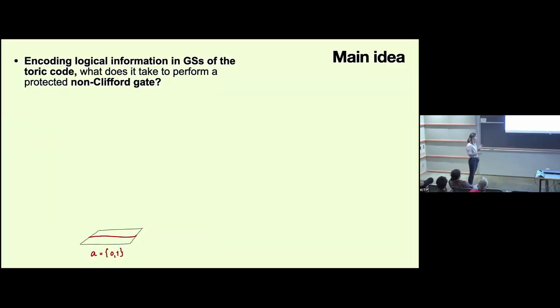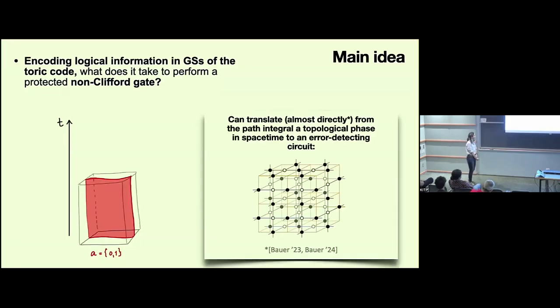So consider a 2-dimensional toric code with boundary conditions such that there is only one non-trivial magnetic operator. Now, this magnetic operator labels the 2 logical qubit states, 0 and 1, and these are in correspondence with cohomology classes. So I labeled them by this variable A. The statement is that we can do that also in space-time. And in space-time, this magnetic operator becomes a membrane. And that is also labeled as a non-trivial cohomology class, but now in space-time. So that's how I'm going to be keeping track of our logical states.